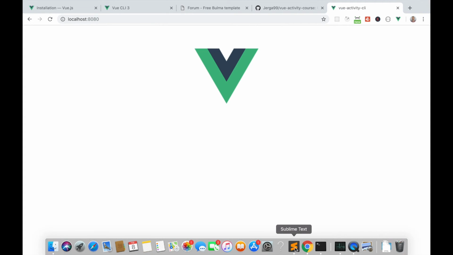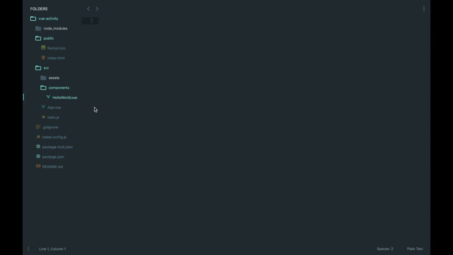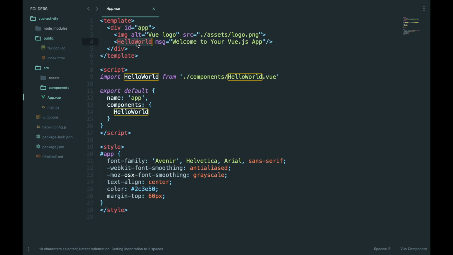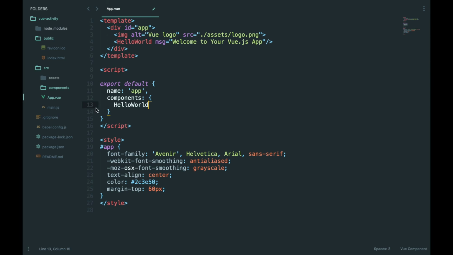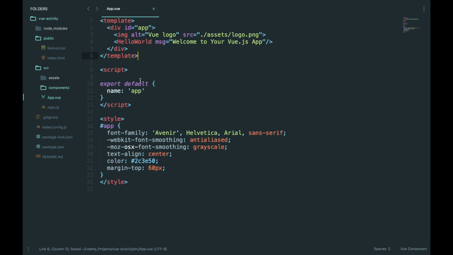Okay, let's continue with the removing. And yeah, why not? Let's remove all of the components. I will remove this hello world. We can remove it. We will create our new component here. Let's delete this, and we don't have hello world anymore. Perfect. Let's go to our App.vue, and you can see we are using this hello world component here from our components folder. Now we don't have this component because I just removed it, so let's remove this hello world, and also we can remove all components here. We don't need them. Okay, so let's remove this hello world